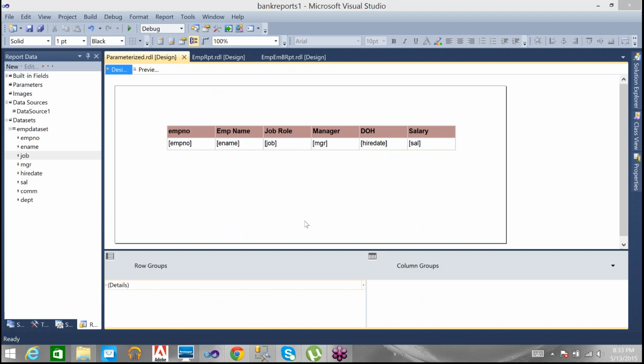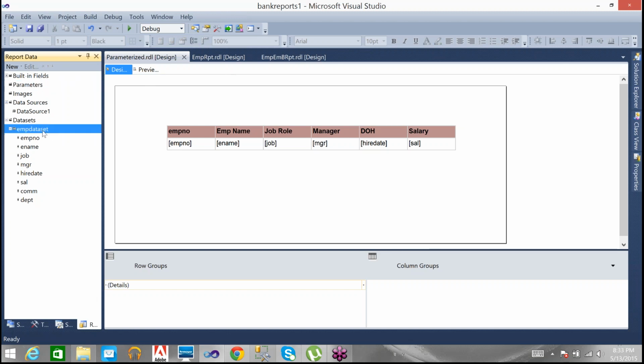We are going to use the component or topic called parameters, as in our stored procedures. We use those parameters while executing the query, and we are going to use those values. Here also, while executing the query and while executing the report, there are two things. Executing the query means the data set, and executing the report, I want to give the values for the parameters. There are two parameters: one given for the query, meaning the parameter for the data set, and the parameter for the report. And here there is a parameter section.